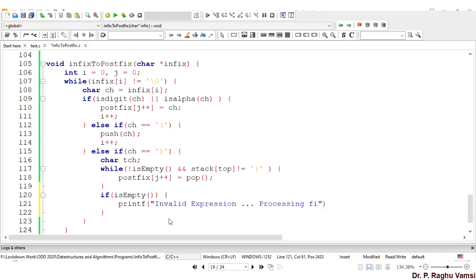Processing failed. You can exit from here itself, or you can say exit of one.